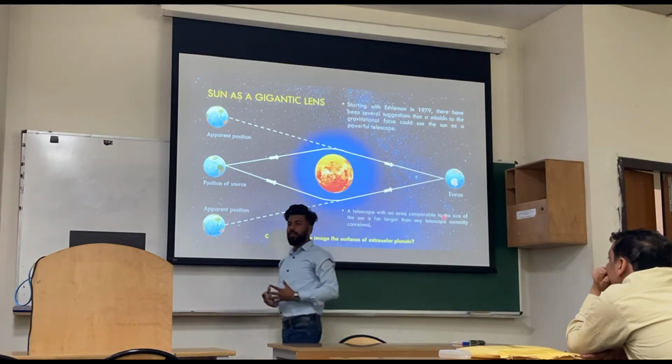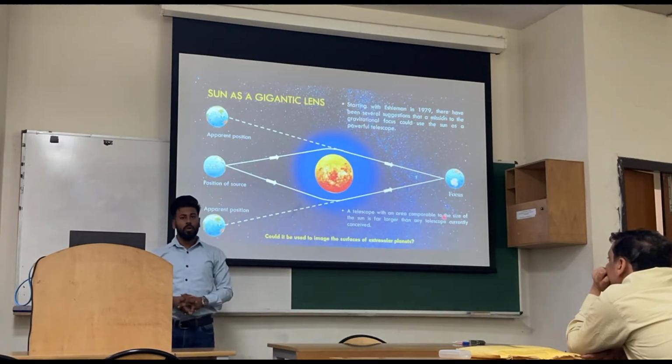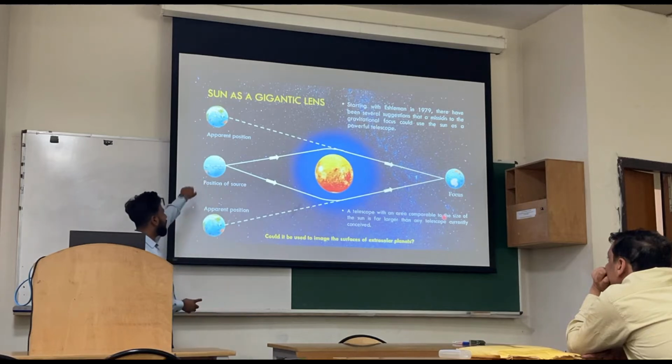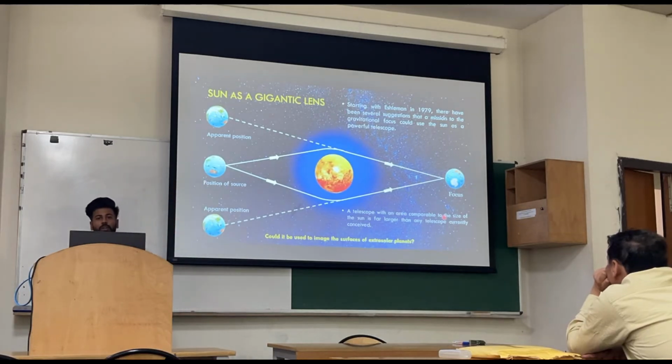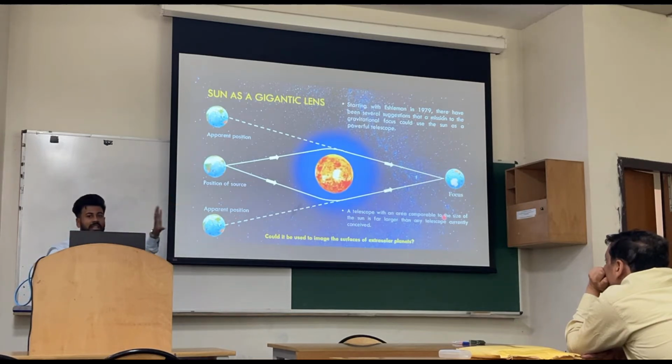Now convert this scenario into a 3-dimensional image. What will we see? We will see a ring here. So we will not see the image like we just captured it from our phone. With this optical instrument, we will see the image as a ring, and that ring is called an Einstein ring. I will talk about that later.